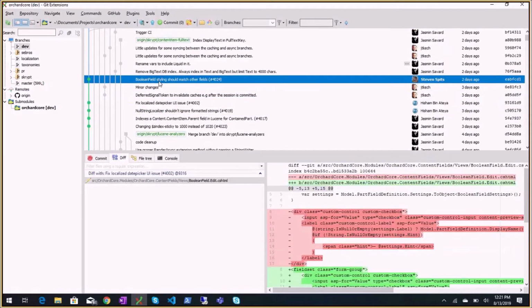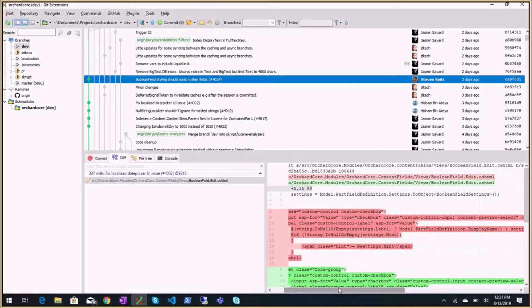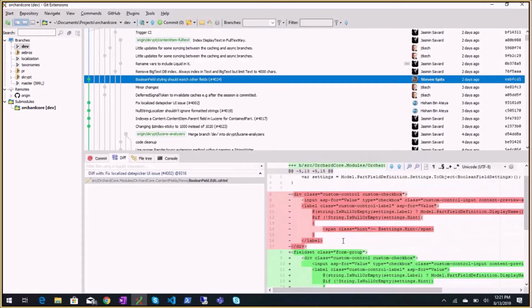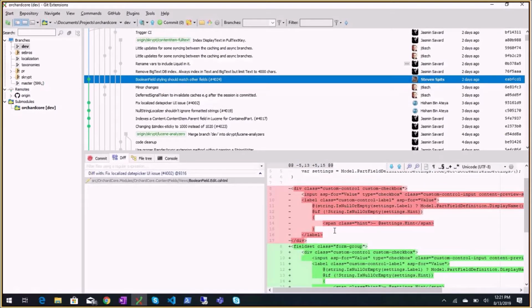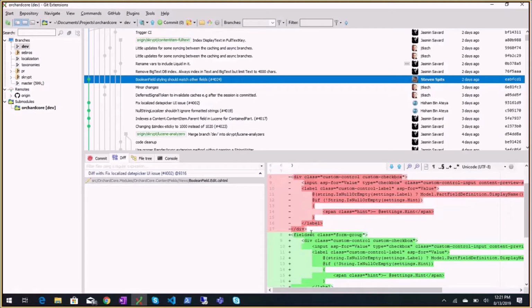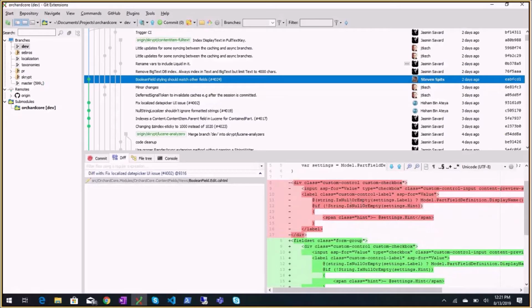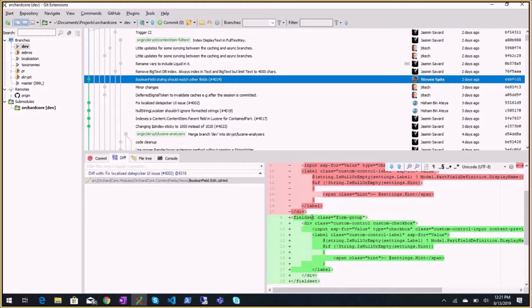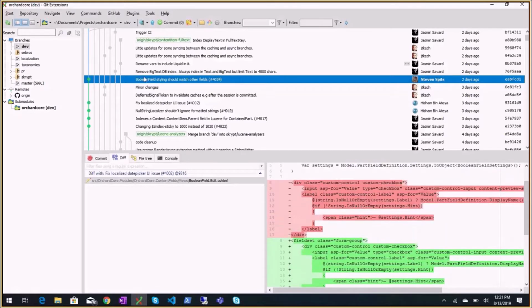BooleanField styling should match other fields. There was some discrepancy with the field set usage. And actually, I think the actual fix is to remove all the field sets. We have to check that, but there is an issue opened by Seth Cleaver to do that. Maybe we took this one only and then it broke everything else, so we should change it everywhere and not just in one location.